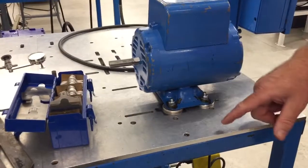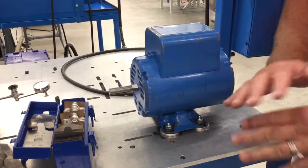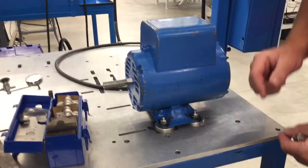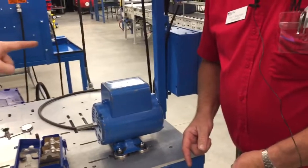So now our next thing is tightening the bolts. This is very important, and I can't overemphasize it either. Always use the same pattern. And I'm going to tell you,